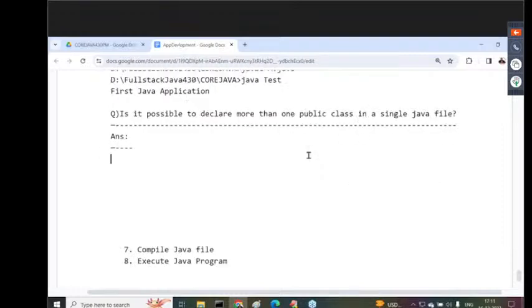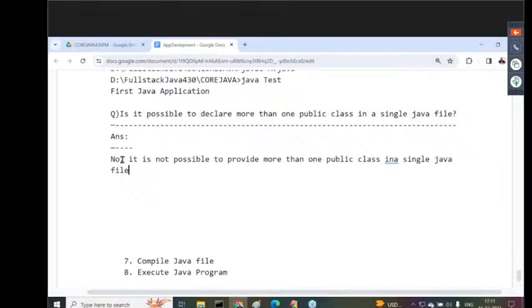The answer is what? In almost all cases here we have checked. All possibilities we checked. Now finally, what is the conclusion here we are getting? Possible or not possible? Not possible. It is not possible to provide more than one public class in a single Java file. Why? Because